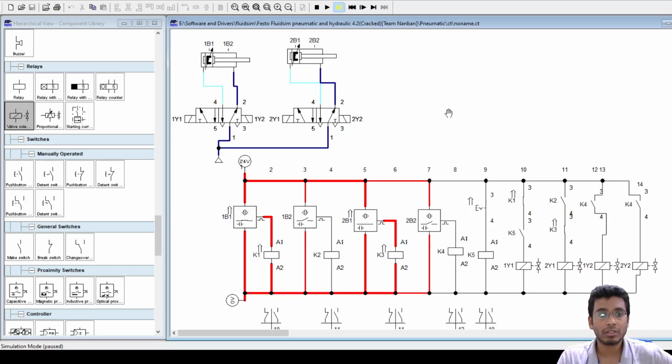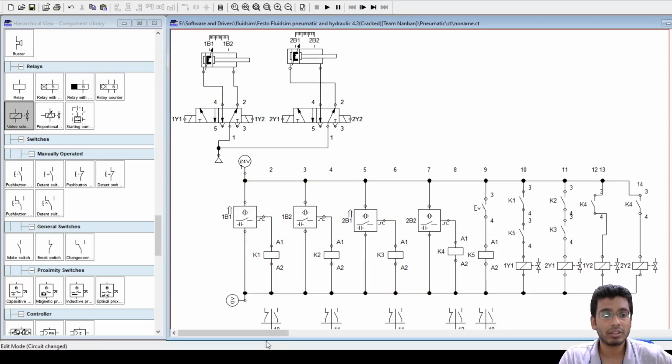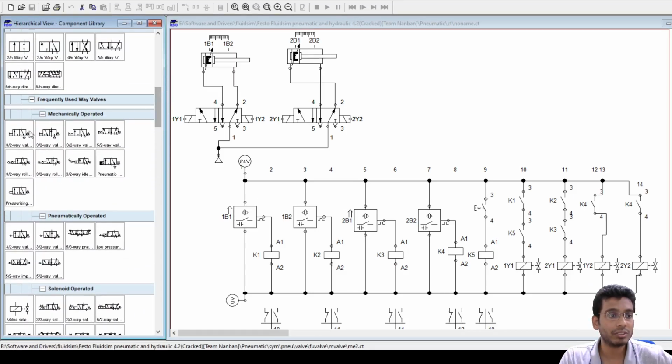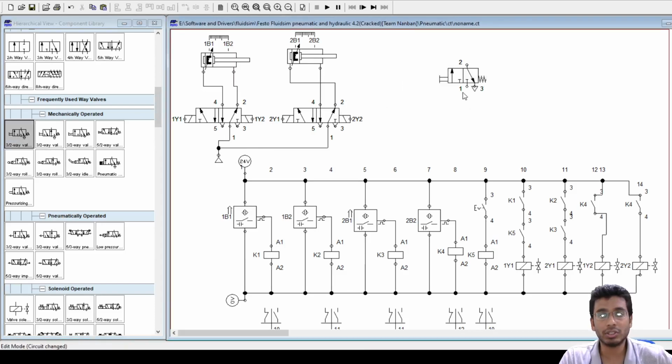Which switch? What are you saying? The control switch, no? This control switch, where exactly is it in the pneumatic? No, this switch will not be there in the pneumatic. Why will this input element be in the pneumatic portion? For a pneumatic portion, actually you have these types of valves. If you see, this is your input element for a pneumatic.